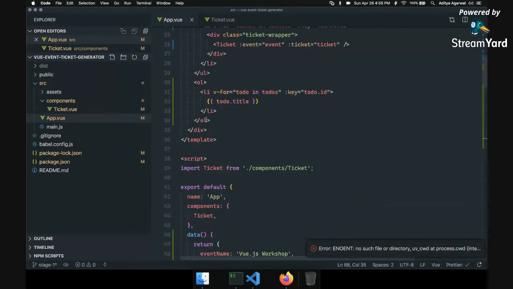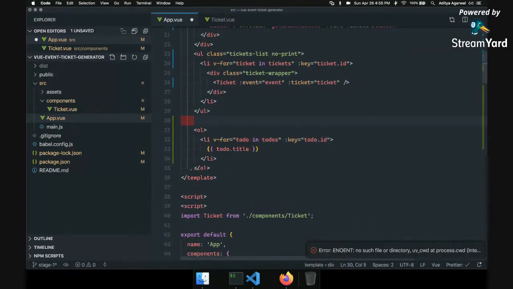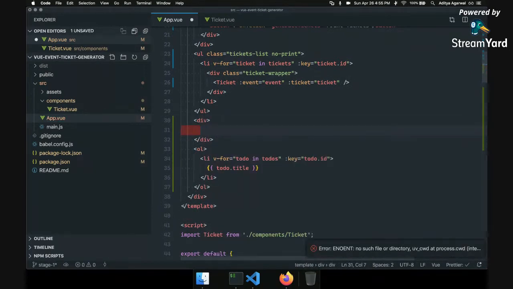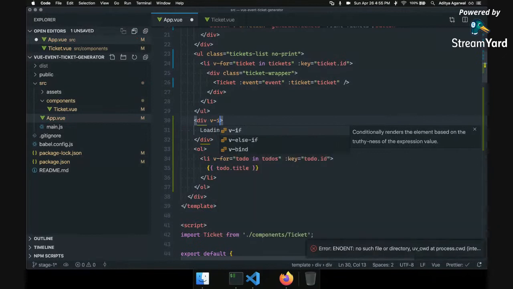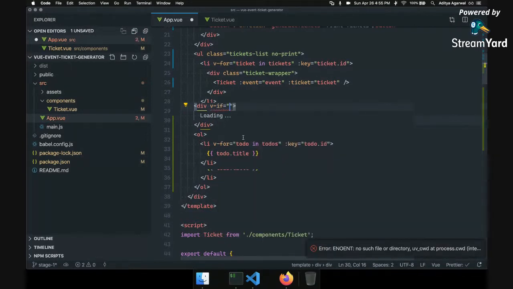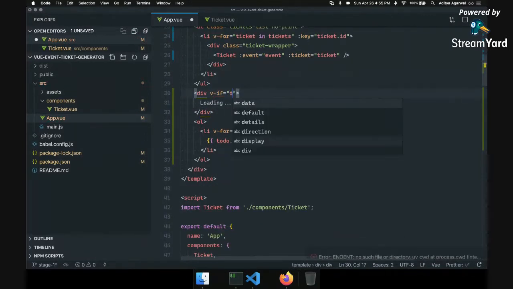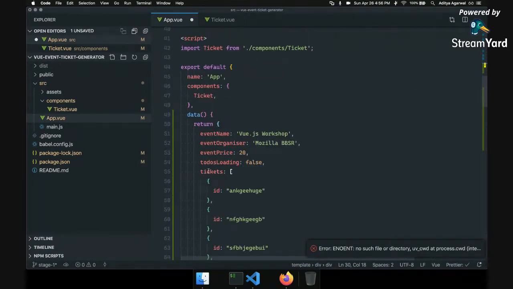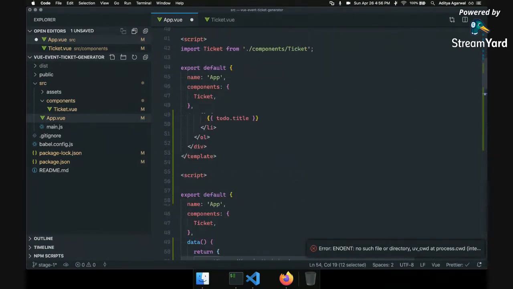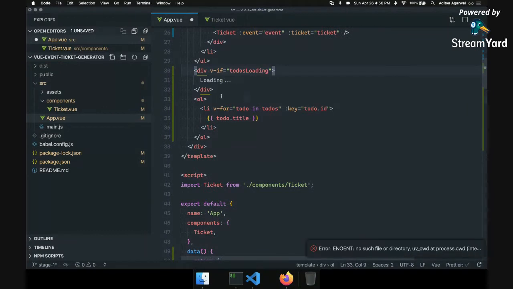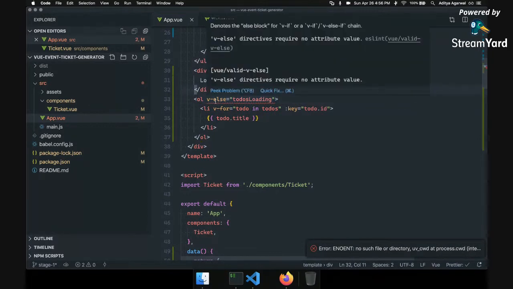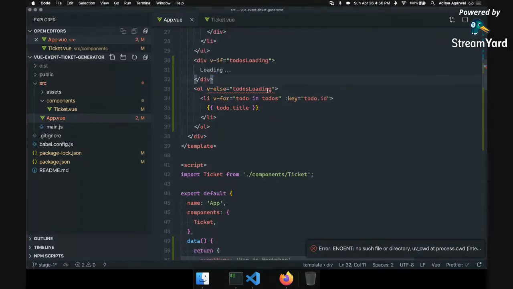And here we add a div that says loading, and we only show it when todosLoading is true. So we can say v-if todosLoading, and v-else to show the data.